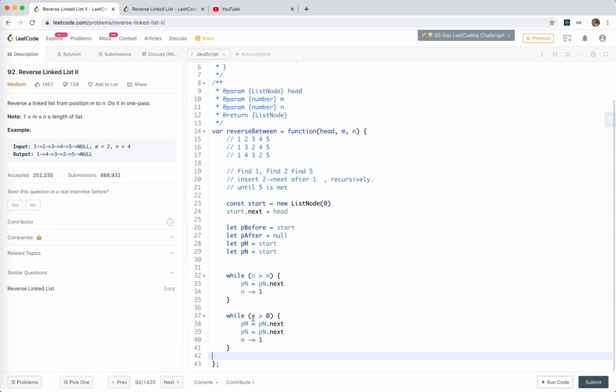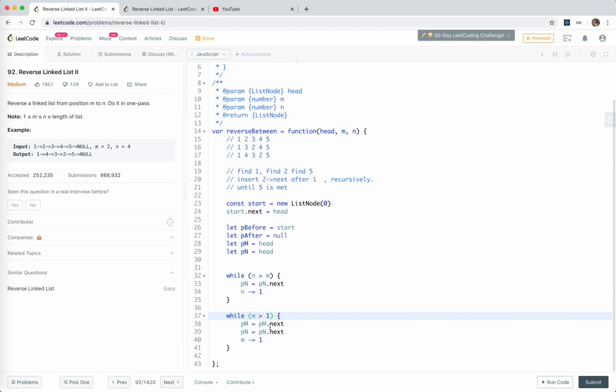P1M, that is hard to do, so I'll change the PM to head, PN to head. Now this could be used, but this will be minus 1, be changed to 1. So